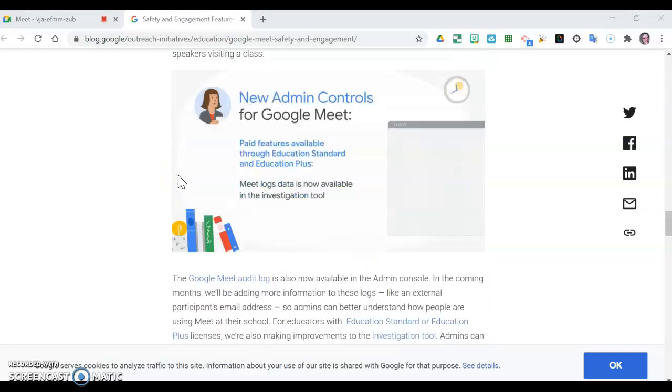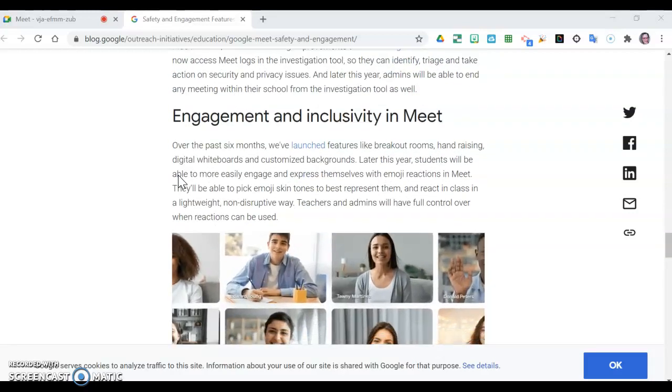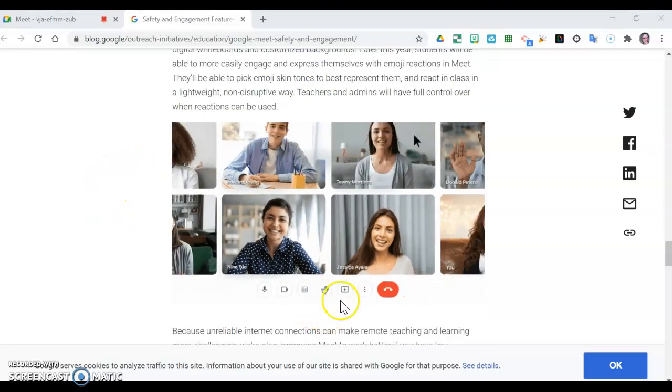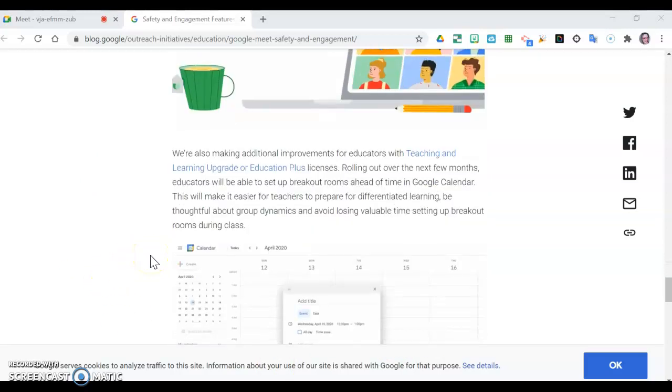So this is something that's coming down the pipeline. And then you've already probably played with the customized backgrounds. If not, go ahead and give that a shot. Those are fun, as well as these expression features that you can change. But other than that,